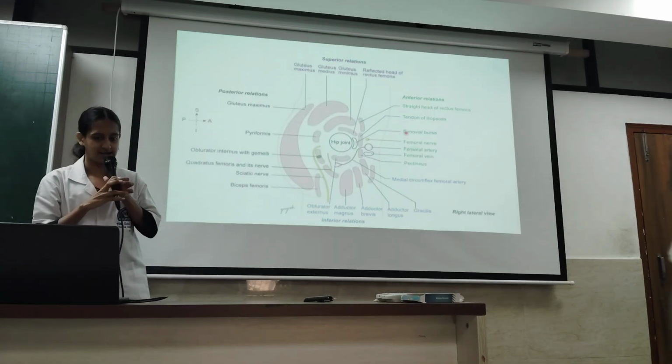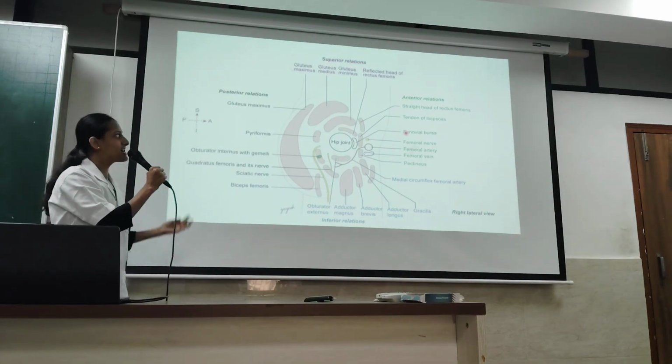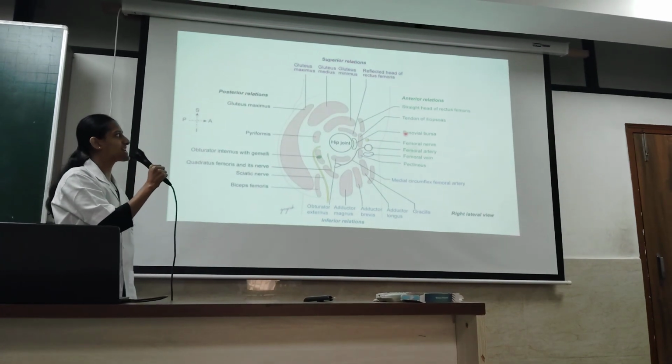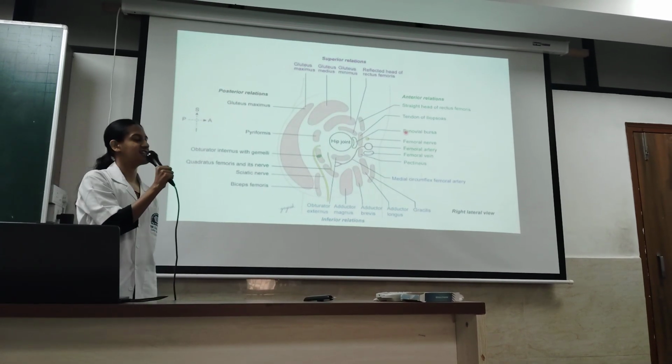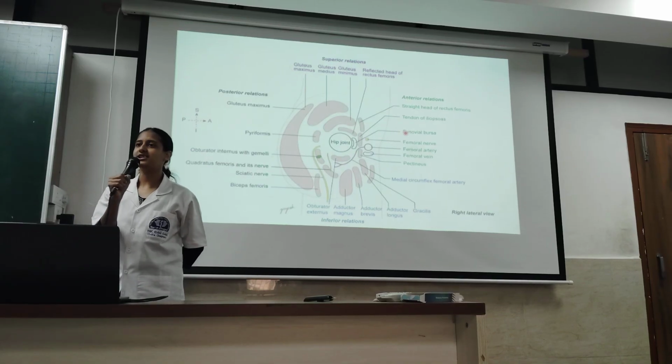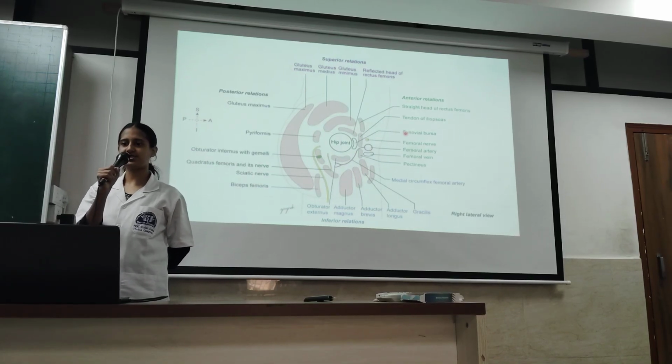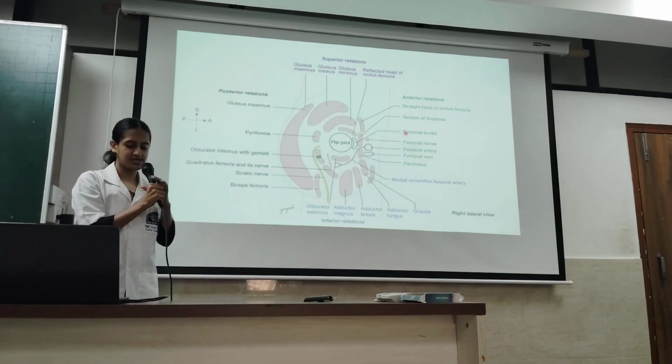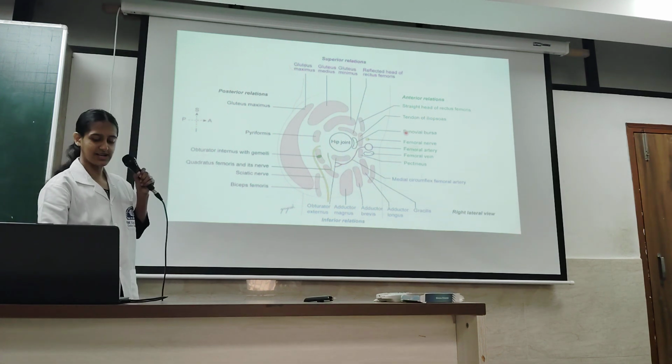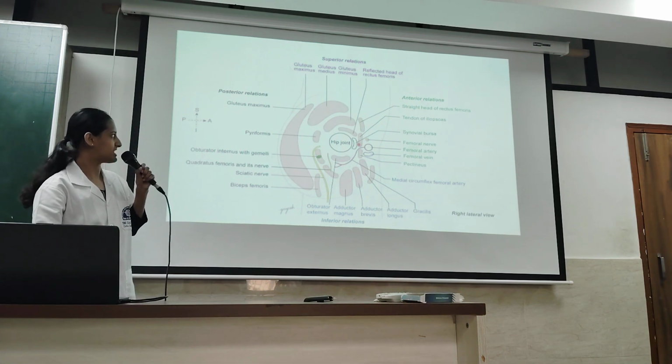the referred pain. Anteriorly there is the presence of the straight head of rectus femoris, the tendon of iliopsoas, femoral nerve, femoral artery, and femoral vein in the femoral sheath. Also, there is the presence of a synovial bursa between the hip joint and the tendon of iliopsoas